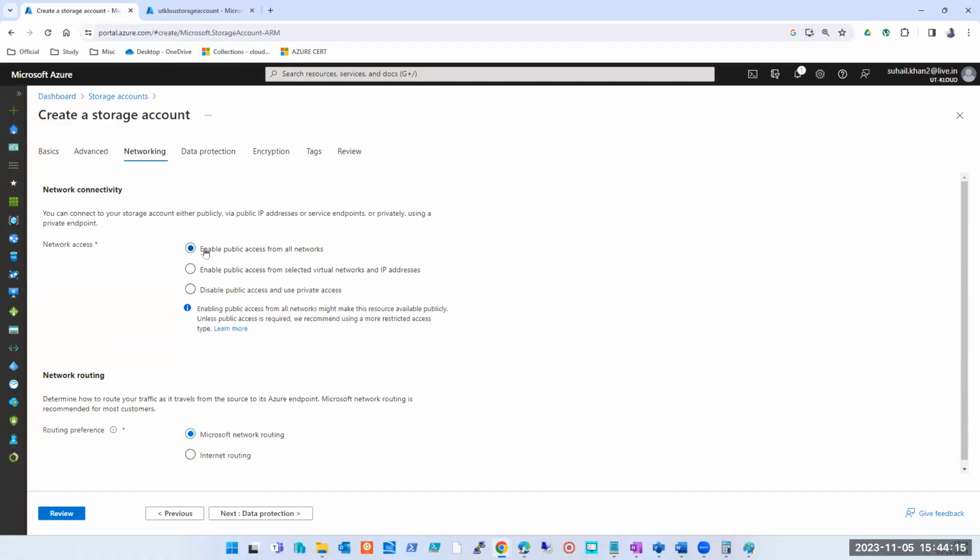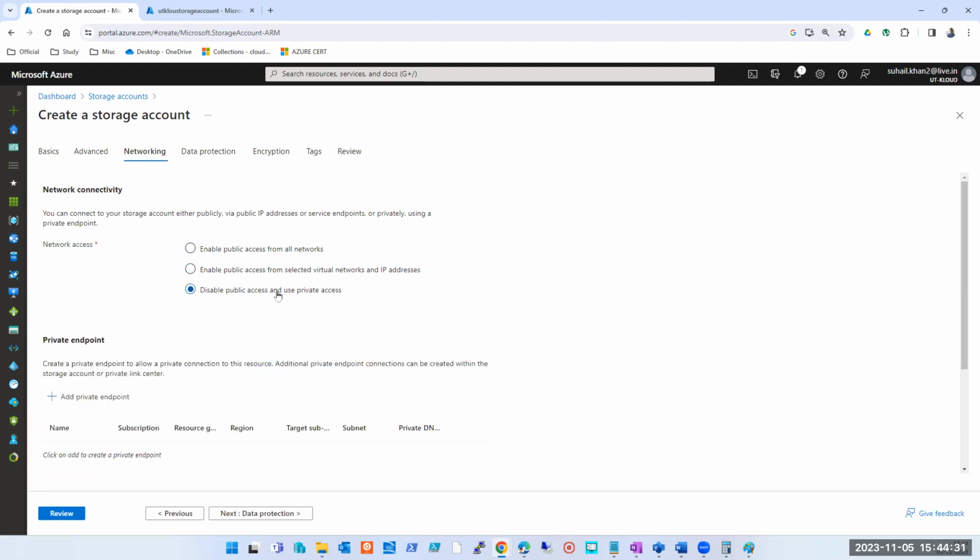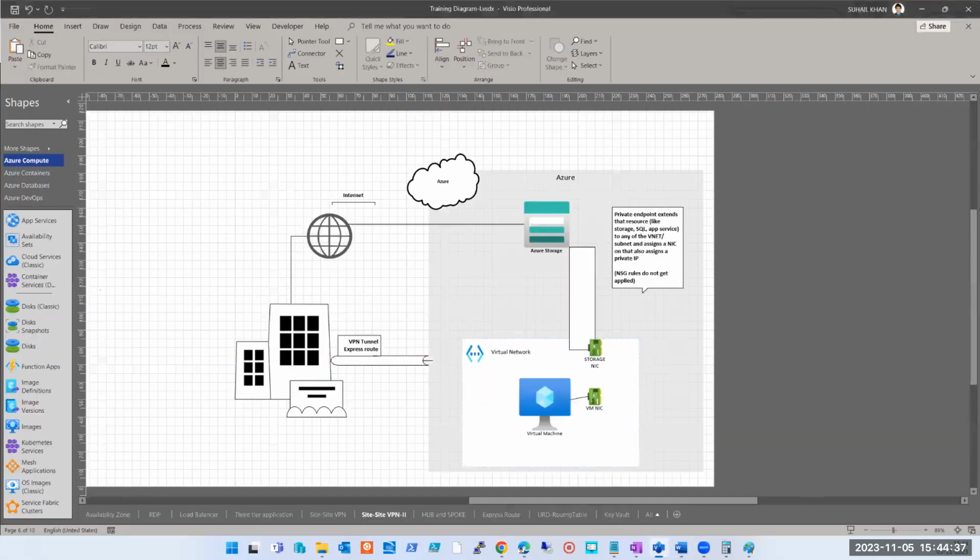If I select this, all will be able to communicate over the internet. If I select this, a few will be able to connect: only the virtual network and subnet I select will be able to communicate with my storage account, again over the internet. But if I select this, there is no communication over the internet, and I will be able to communicate only with resources which are part of the virtual network.